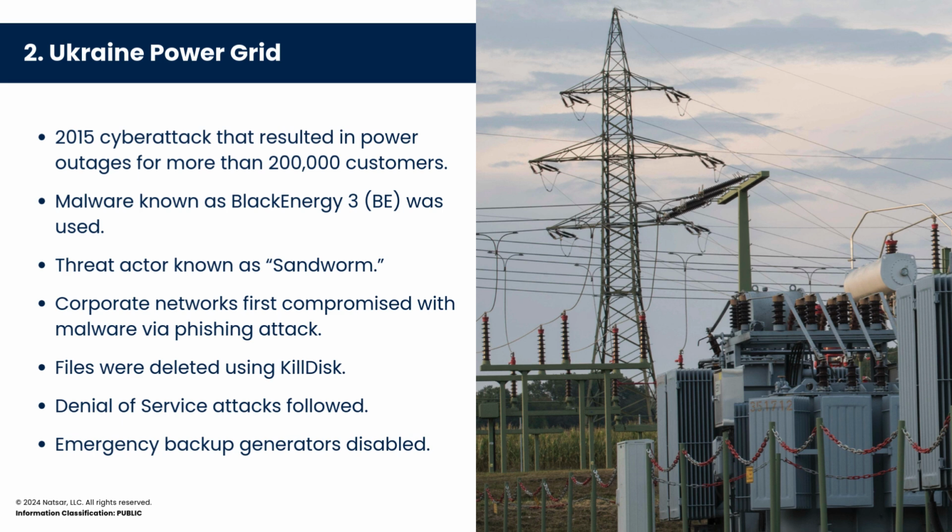Then they started doing another attack while this was going on. That was a denial of service, or DoS attack. And they not only attacked the primary power grid, but they were also able to disable all of the emergency backup generators. So this was a significant and life-threatening event for those in Ukraine. And we see this question of, well, why was a phishing attack able to compromise the OT, operational technology network? Why was there a bridge between those two? That's an excellent question, and something we're going to see as a repeating theme throughout the presentation.